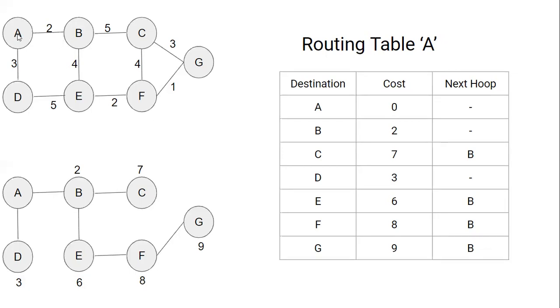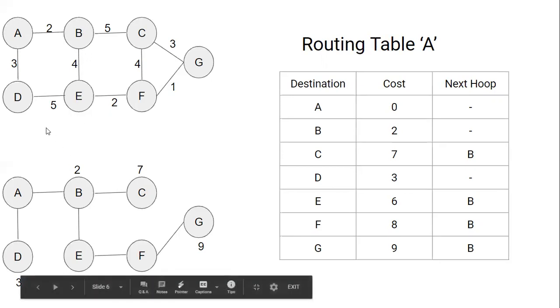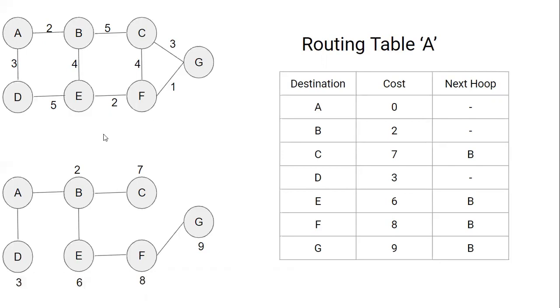One more way is A to D, D to E. A to D is 3, D to E is 5. So 3 plus 5 is 8. So among these two, which is the least one? 6 is the least one, right? So we will be traveling from A to B and B to E. Directly I have written the value as 6 here because we need to travel with the very shortest path. Okay. Now I have completed A, B, C, D and E.